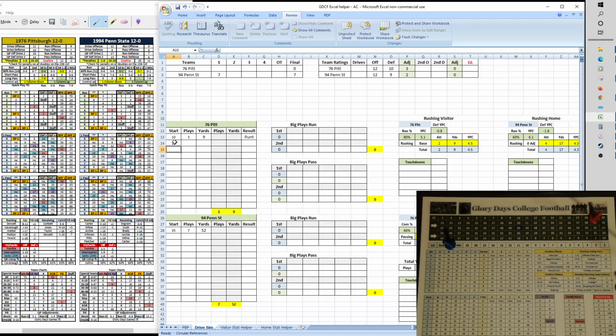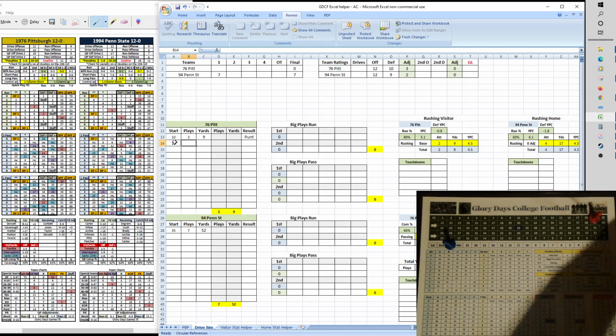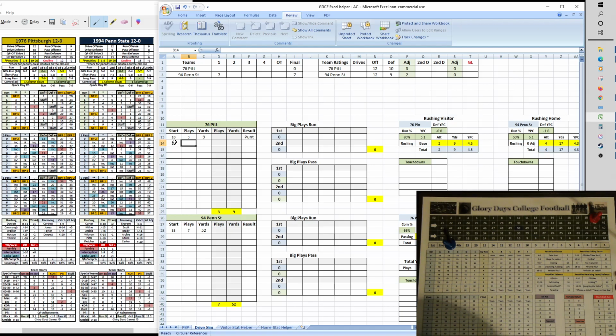Both teams will get 2 drives in the first quarter. Pitt will get 3 in the second since they took the kickoff, and that will be flipped in the second half where Penn State gets the extra drive. So here we go. Pitt looking to climb back into this on their final drive of the first quarter, and